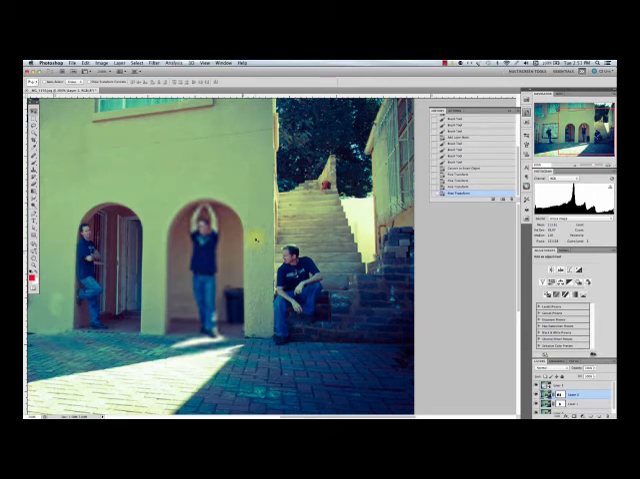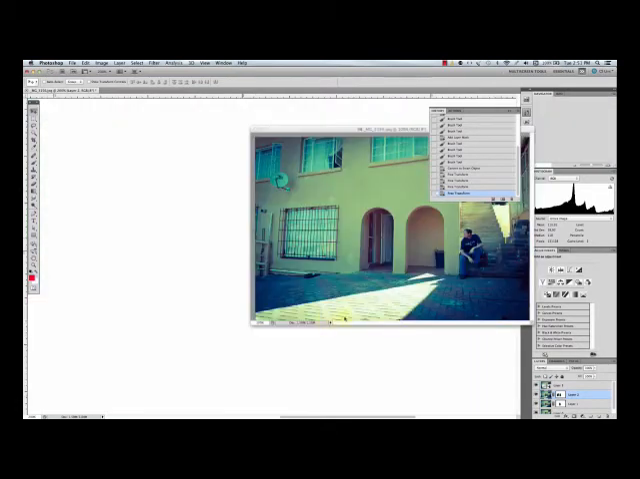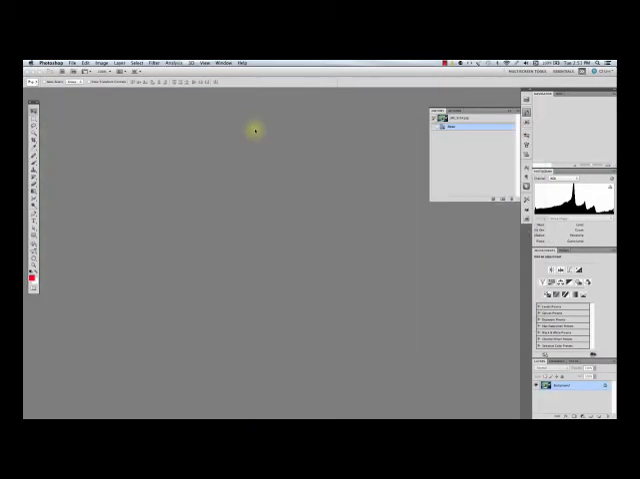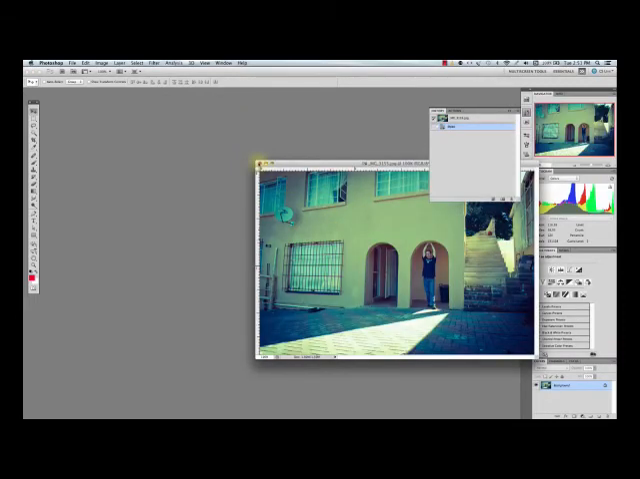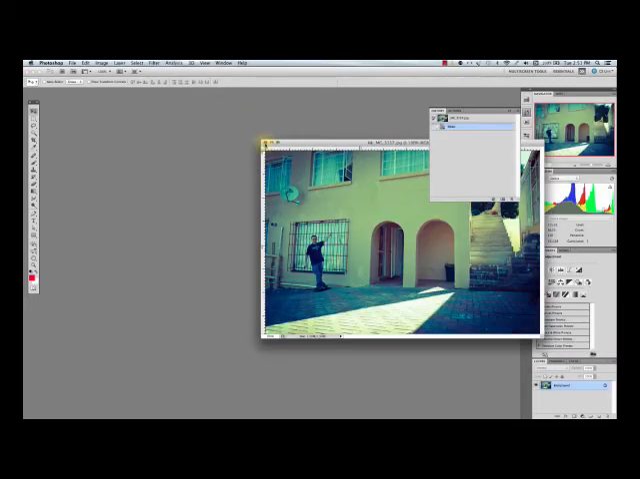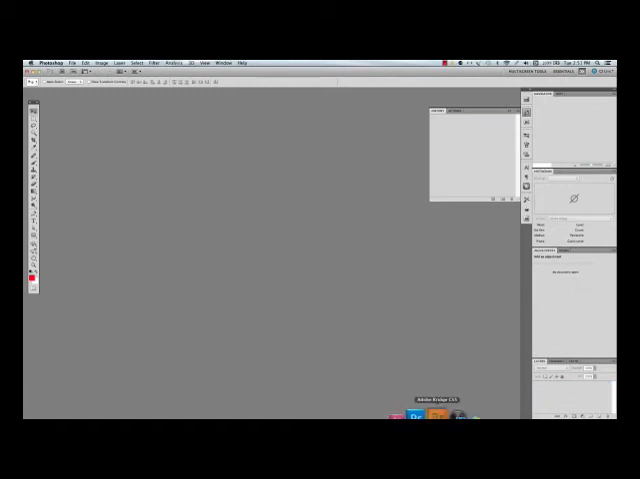Okay, another wonderful tool. I'm going to close this, I'm not going to save it, and we'll close all these other ones that we copied into the one file. Going back to Bridge,